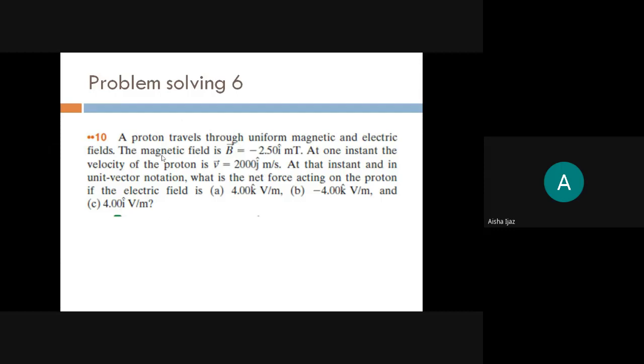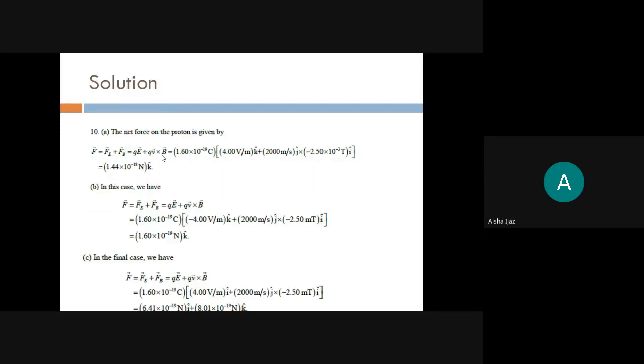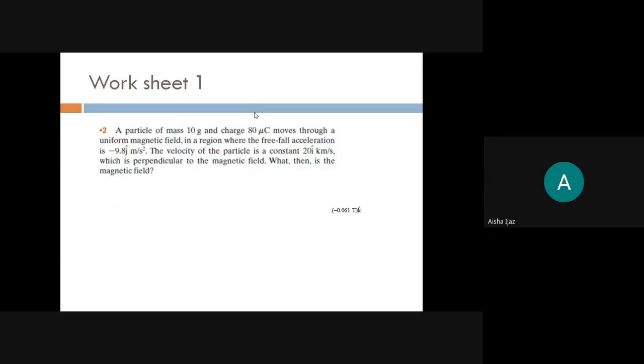So there are three cases given here. For the first case, you have just F equal to QE plus QV cross B. Again, open the determinant and check at your home. You will get this answer for the first part. For the second part, you will get 1.6 times 10 to the minus 19 K. And for the third part, you will get this result. For your convenience, the answers are given with some simple steps, but obviously some steps are missing here. So you will complete them at your home when you listen to this audio recording and read the slides. These slides will help you get through whatever the solution will be. So just check at your home.